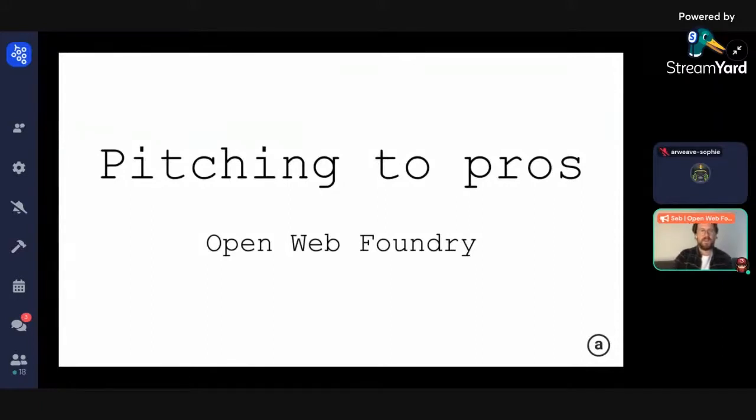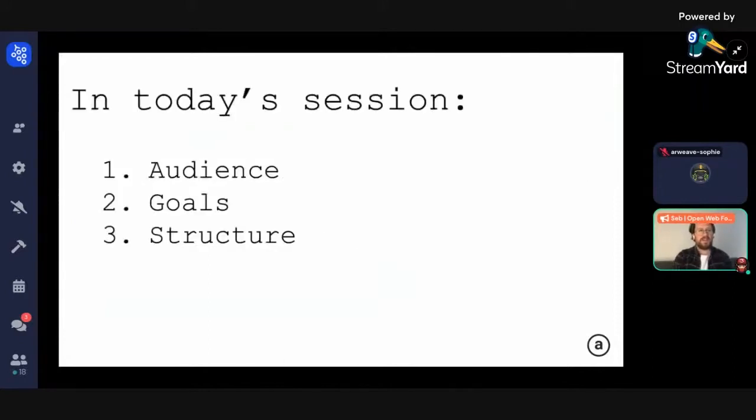So in this session, we're going to be covering 3 key topics. We're going to be talking about why identifying the audience that you're going to be talking to is crucial, and specifically what kind of audience you're going to be presenting to at Demo Day. What are the goals of the different types of pitches that you might encounter, and what specifically is the goal for Demo Day, and how the right structure of your pitch will help you first attain the attention, then retain the attention of the audience that you're targeting.